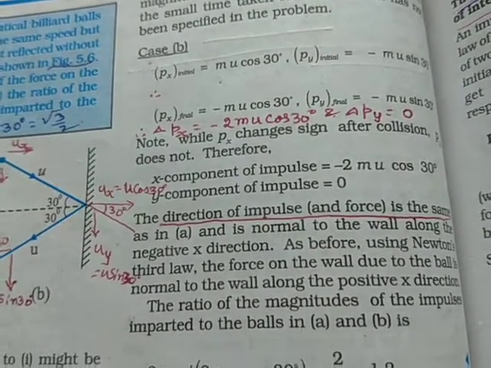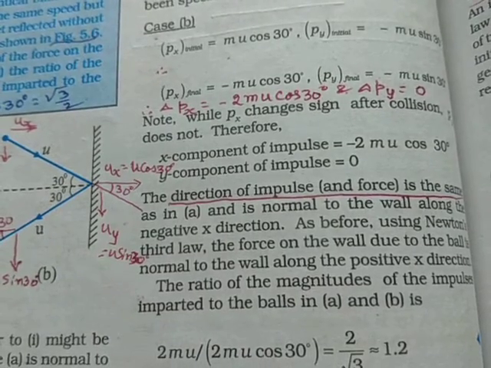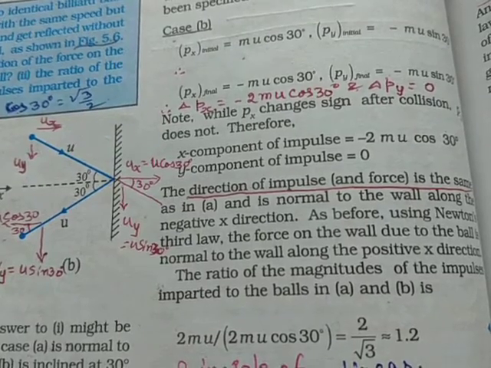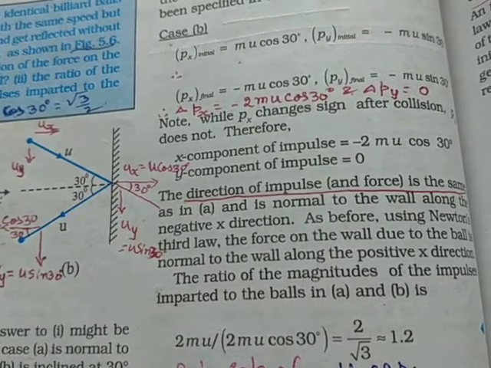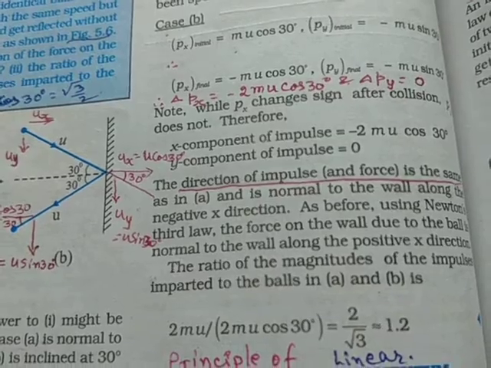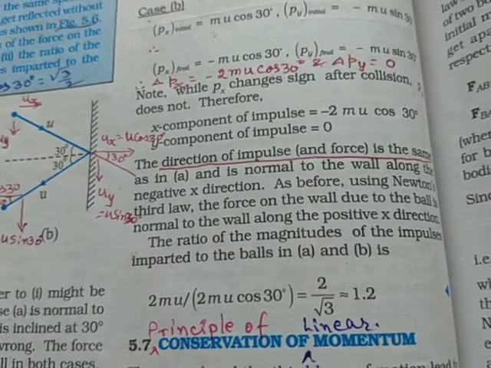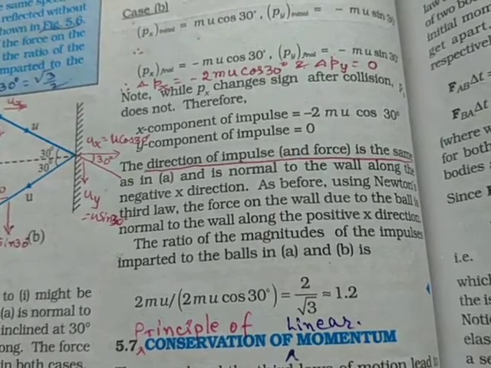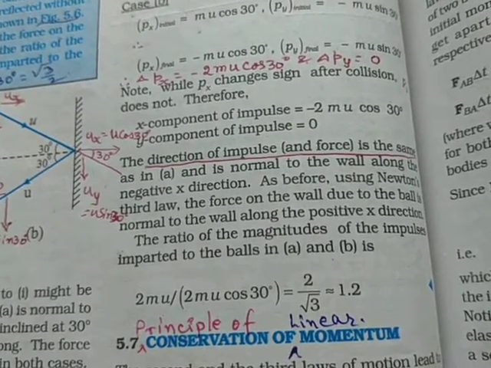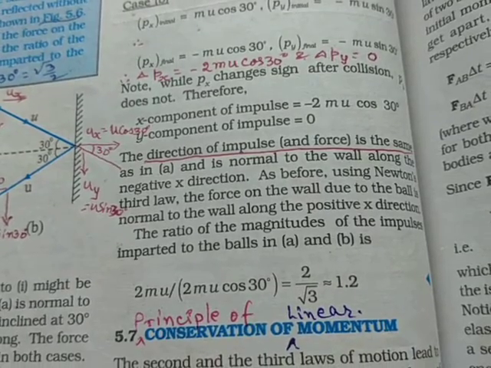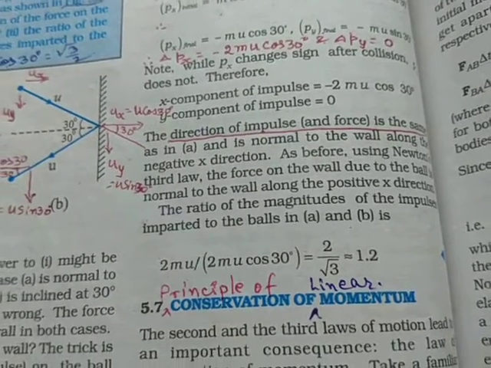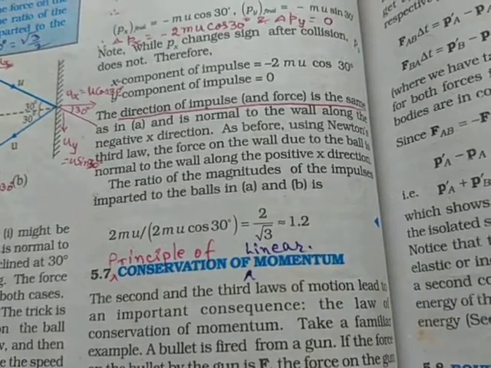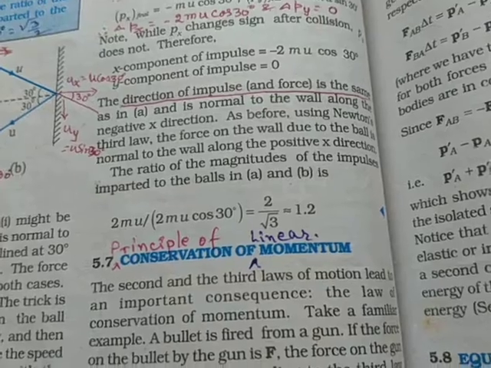So the change in momentum is along the negative direction of the x-axis, therefore the force applied will be along the positive direction of the x-axis on the wall, and this force will depend on the time of impact. If we divide this change in momentum by that time, we will get the force applied on the wall by the ball, and the ratio of the magnitude of impulse imparted to the ball in case A and case B will be